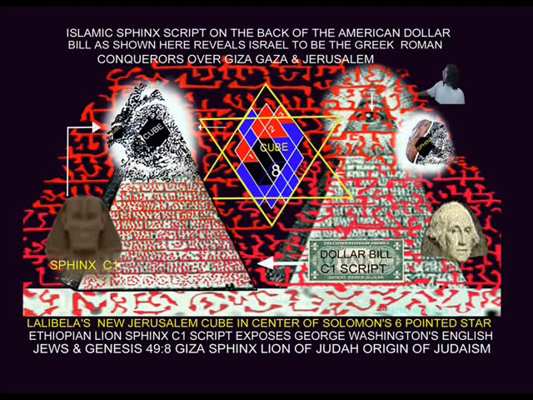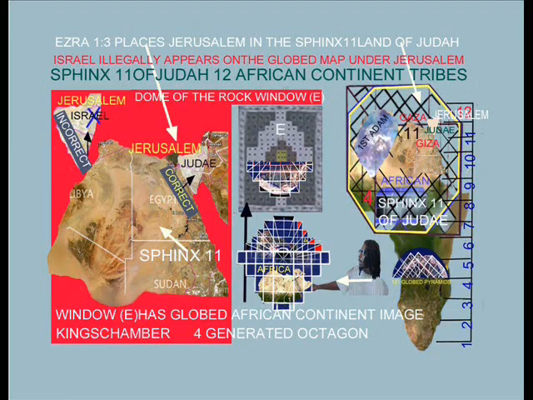In this particular video, we will be looking at the Bible lies, which actually concealed the African lion sphinx's face, which we now see upon the lion's body in front of the Isaiah 19:19 Giza pyramids. As we look at this theologically based racism, the Giza Sphinx is the origin of ancient Judaism.